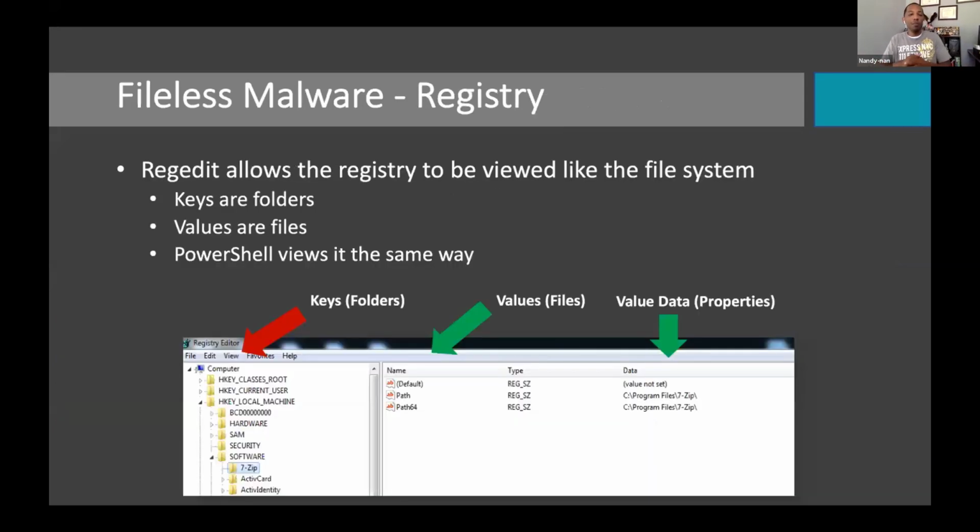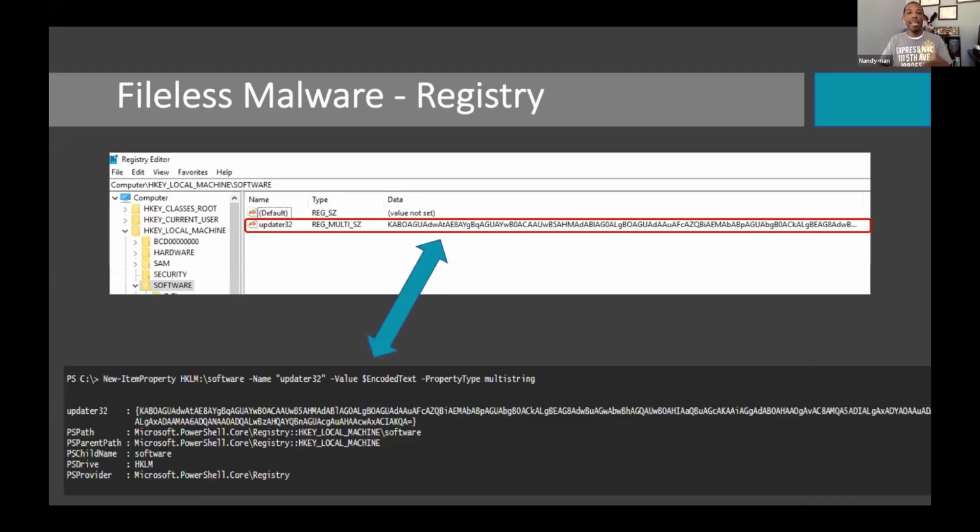Now, we can do the same thing with the registry. We know the registry is a mounting of stuff and really data within the Windows machine. From this perspective, we can create a key value and then put in our base 64 code as a value data. Now, if an admin comes across this and they see it, they're probably going to be like, wow, that data looks weird. What is this?